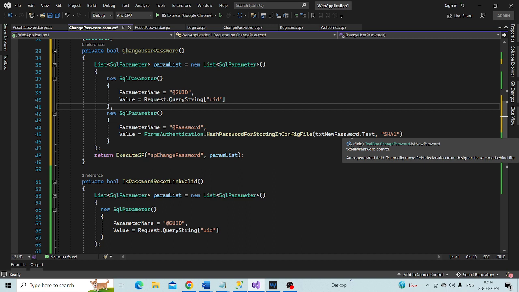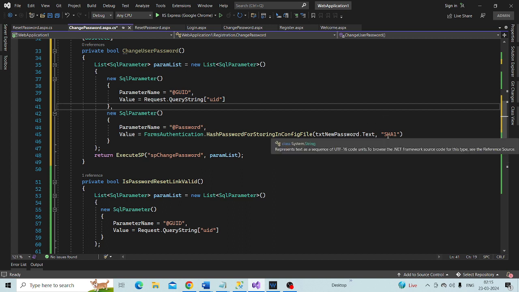We are using SHA1 as the algorithm and then passing that value as the parameter value. Okay, and finally, we are calling the execute sp method. So if you look at the execute sp method,